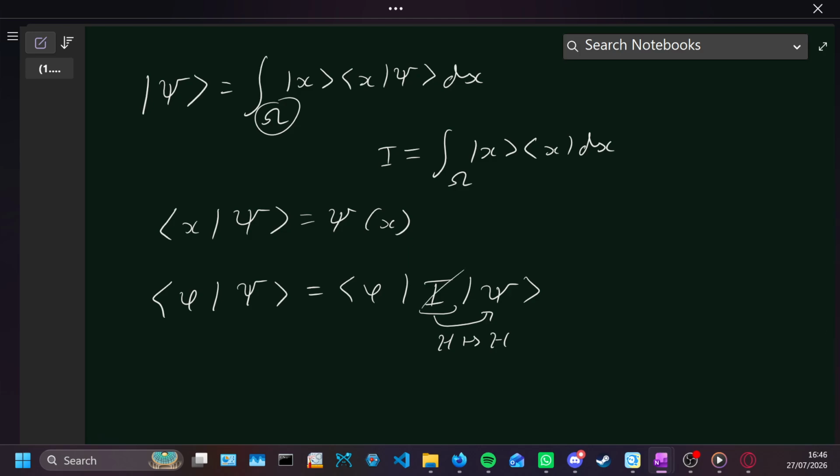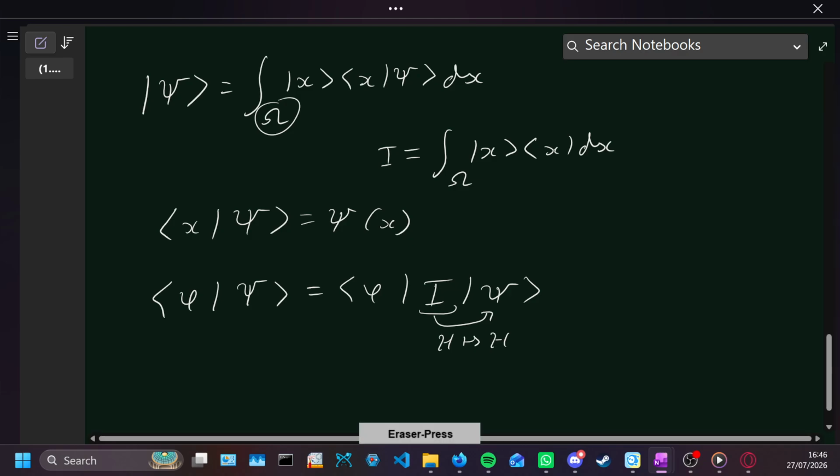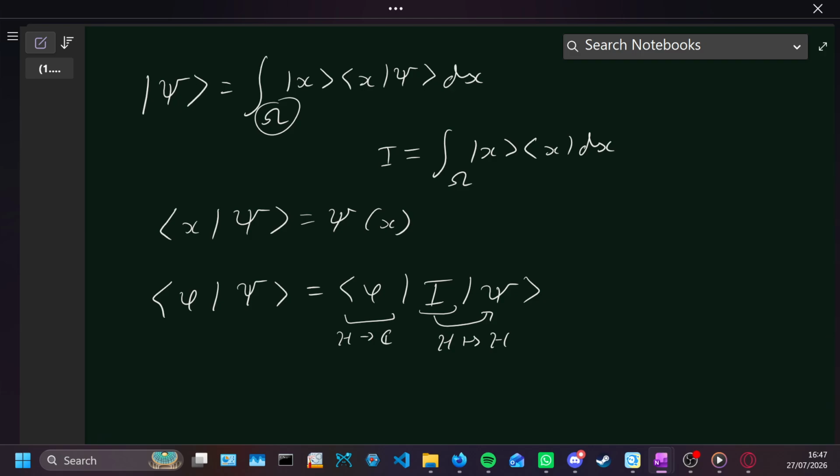So I can get rid of this, and then I'm applying my bra to that. So that's going to map H onto C. But anyways, I now have a formula for I, and so if I write the integral,